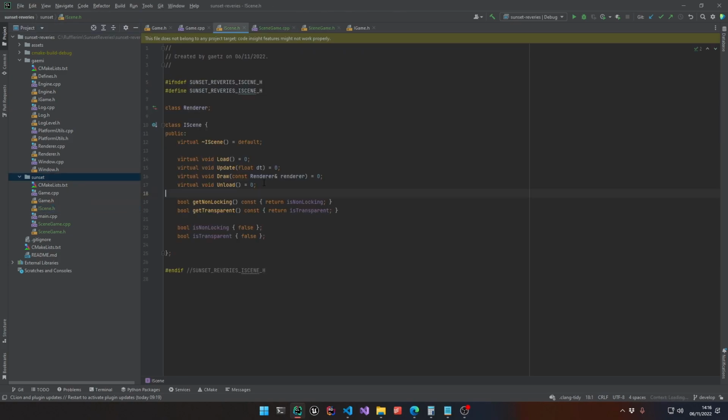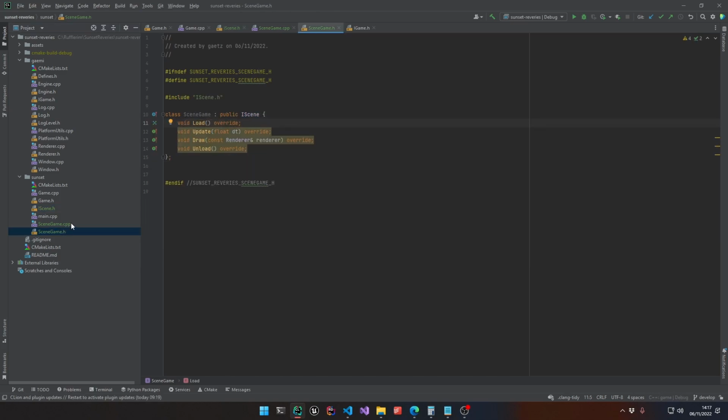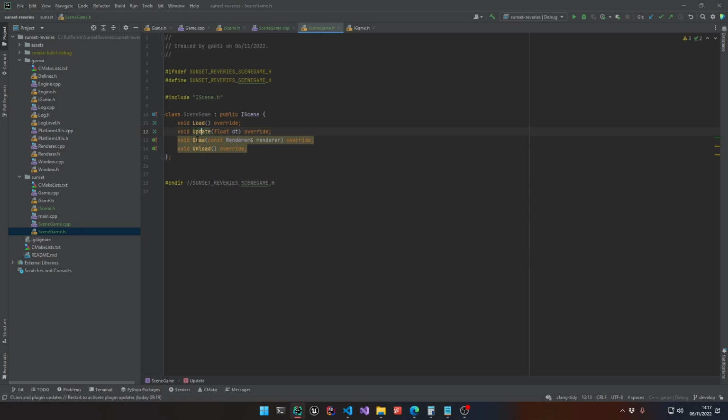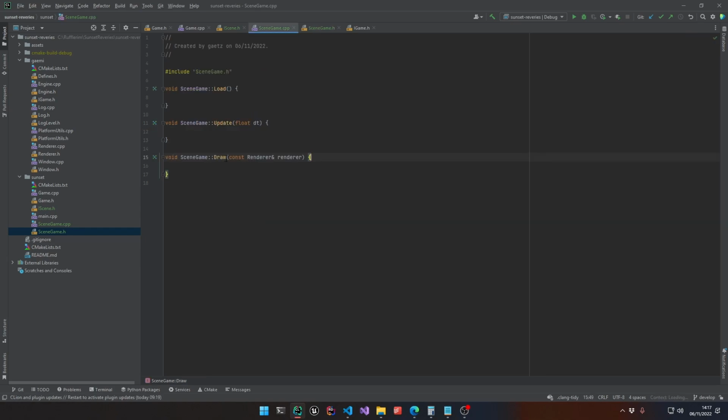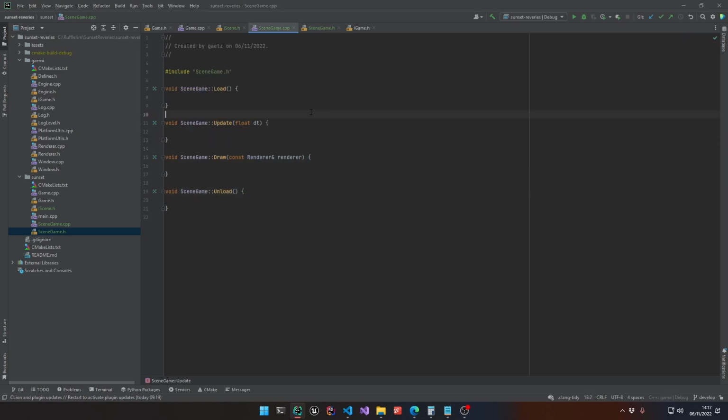Oh, and actually I forgot something. The update part. Did I forget something? Oh, actually it's good. Oh, I don't have set my delta time. I have to create a timer to set the delta time. Maybe Raylib is doing it for me. Okay, so I just have to create all my functions here. Okay. Then,